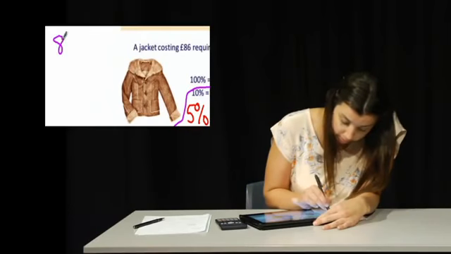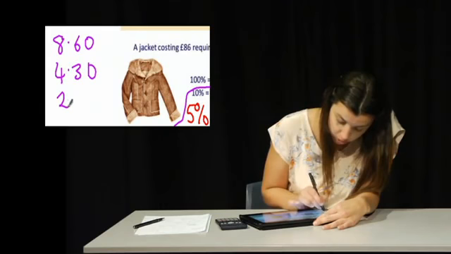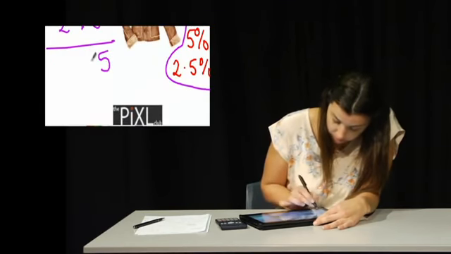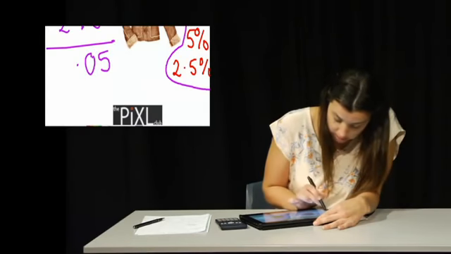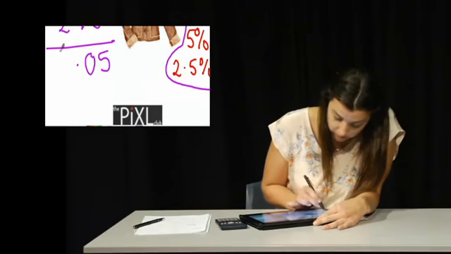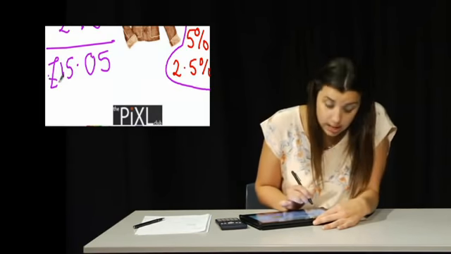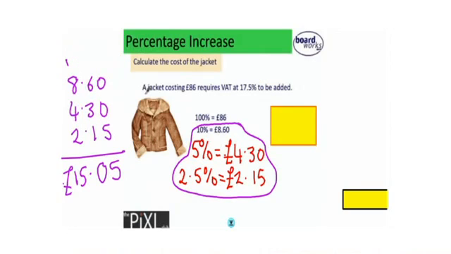So over here, if we have £8.60, £4.30 and £2.15, I'm going to have 5 here, add those up, 10, carry my 1, 8, 9, 10, 11, 12, 13, 14, 15. So 17.5% is actually equal to £15.05. Going back to the question, we need the jacket costing £86 and then we need to add the VAT